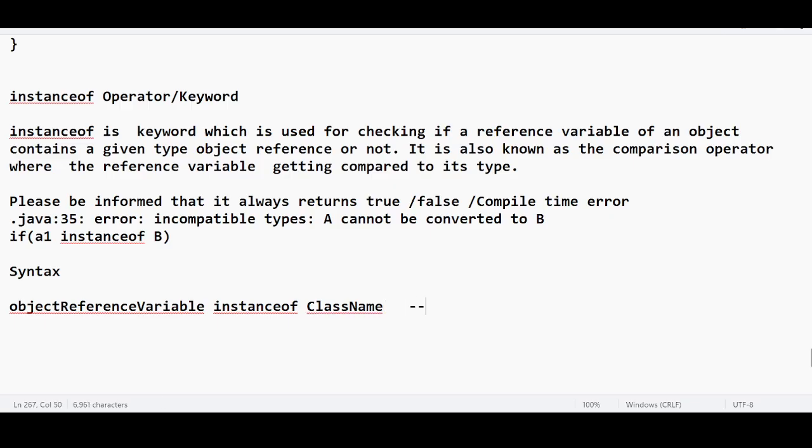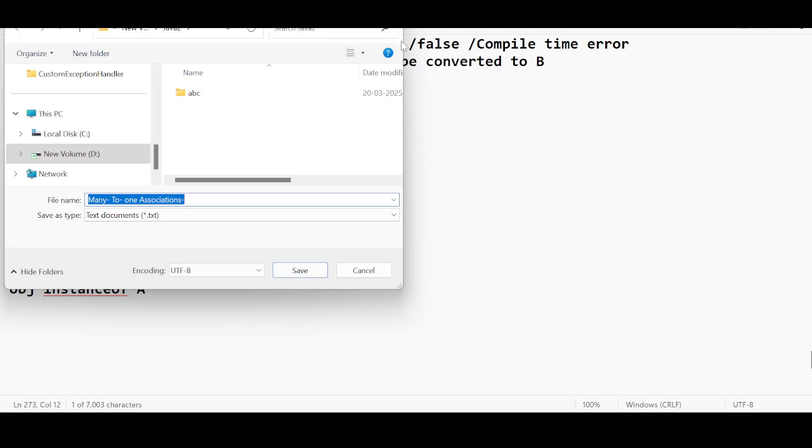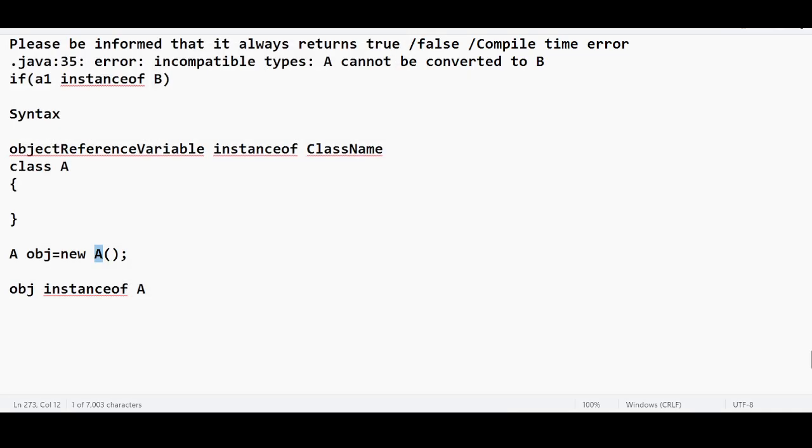It returns true or false. Example: class A. A obj equal to new A. Then obj instanceof A. That's it. That's all about the instanceof operator. By this we are able to understand the